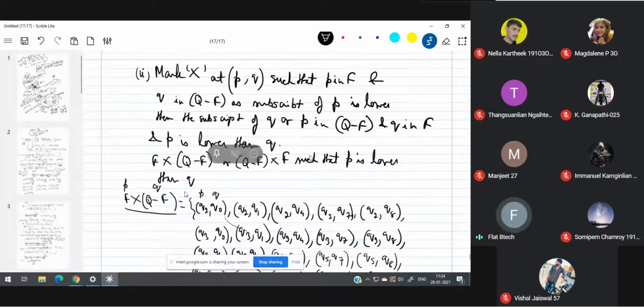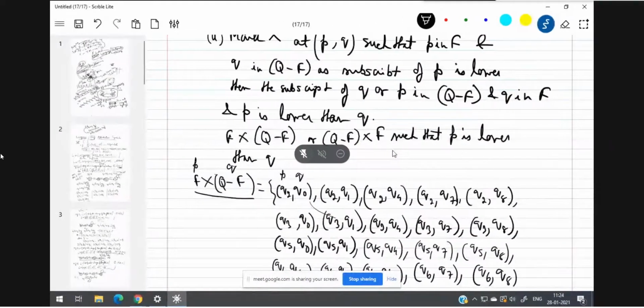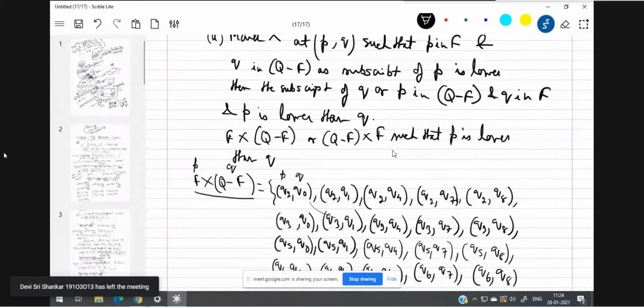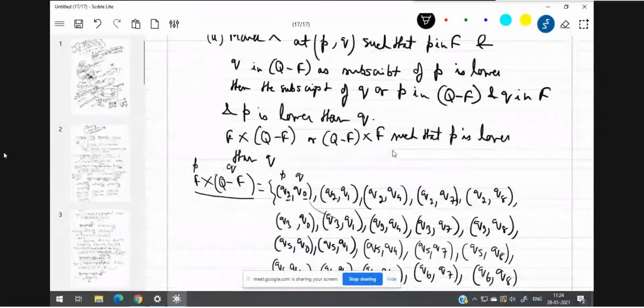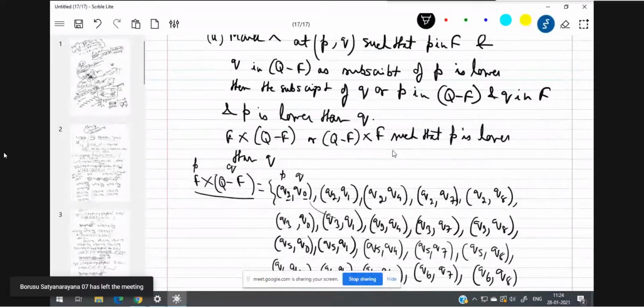From this one, I'm going to select those PQ pairs. This P is Q2, Q is Q0. The subscript means this 2, 0. Subscript of P means value 2, subscript of Q means this value 0. So we are going to select those pairs where the subscript of P value is less than subscript of Q. In this case, 2 is greater than 0, hence we are not going to select that one.